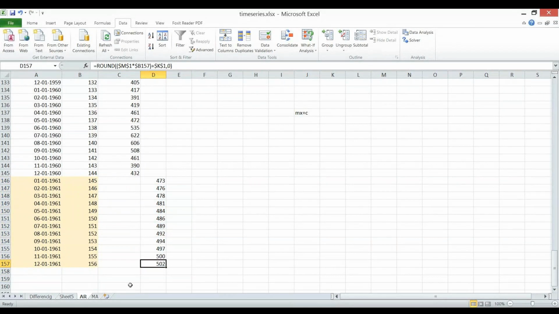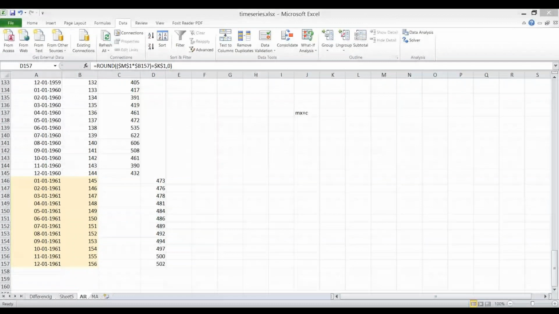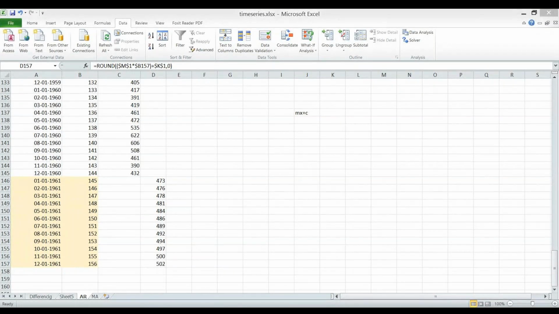Is anyone having any doubt in the concept of auto regression and moving average? Is anyone having any confusion? Auto regression, AR, is just auto regression, that is like our linear regression, considering all the values in the past, and then